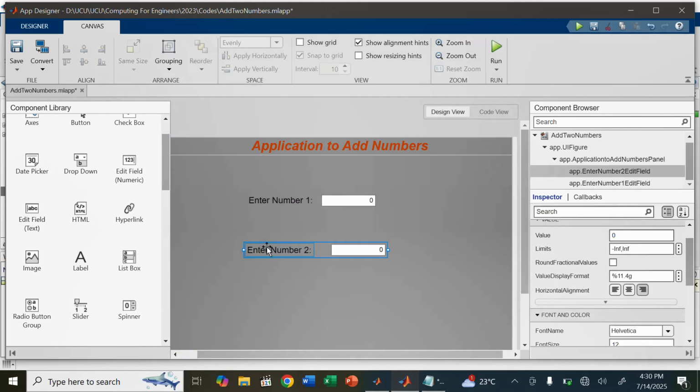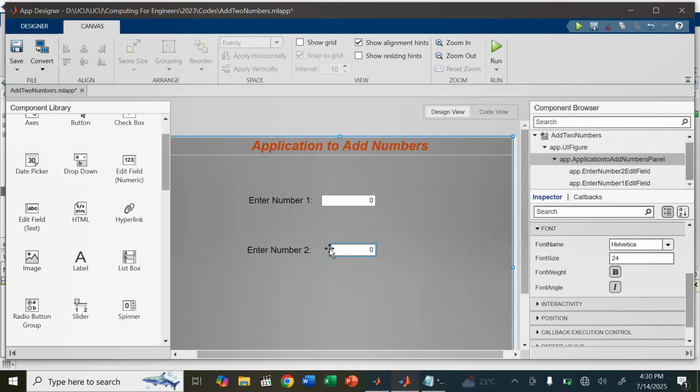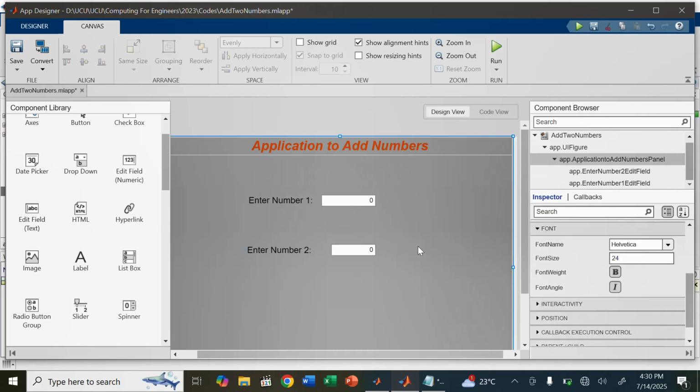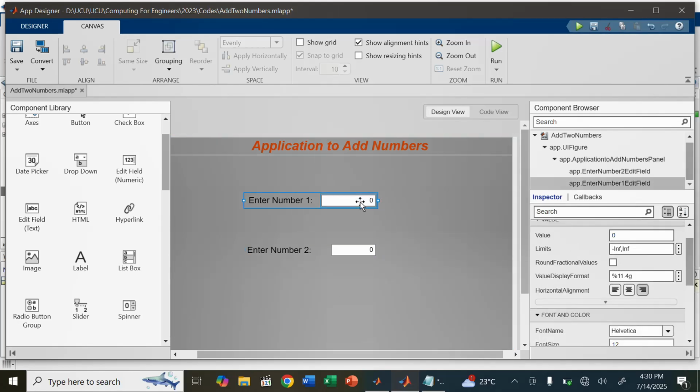You can move it there. Okay, so we have two numbers, two edit fields, one to enter number 1, another one to enter number